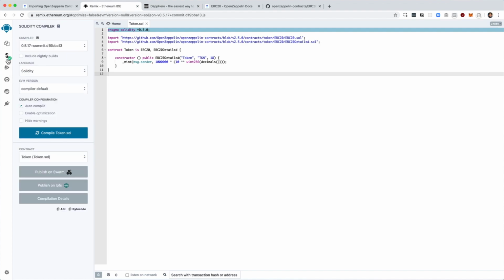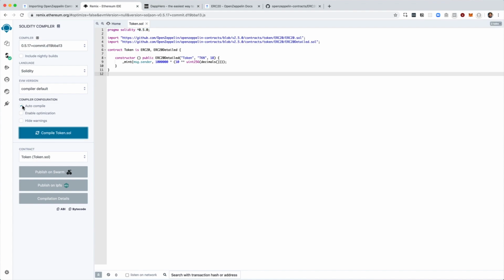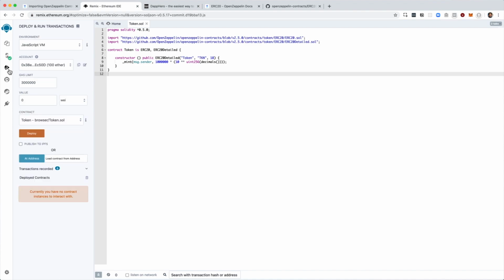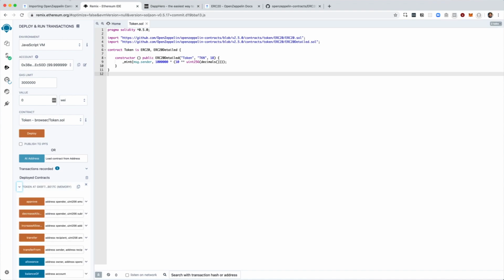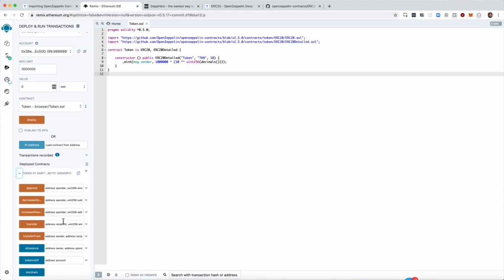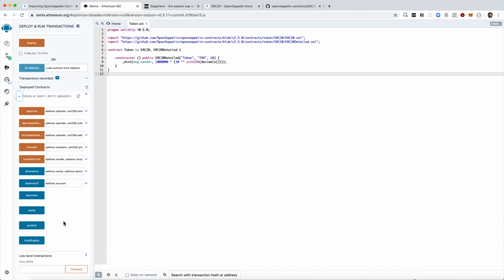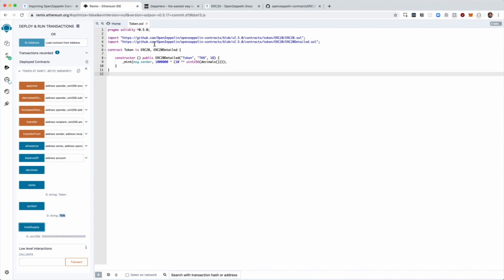So what we're going to do is first we're going to compile. We click compile. I already have auto compile on because that means it's compiling constantly. And then I'm going to click on deploy and run. We're using the JavaScript VM here just as an example really quickly, and that's fine. So let's just click deploy. It deployed instantly because, of course, this is in a local environment. So there's no need to wait. It's instant. And now if we click on some public methods such as name, you'll see the name is token, symbol, TKN, total supply is,